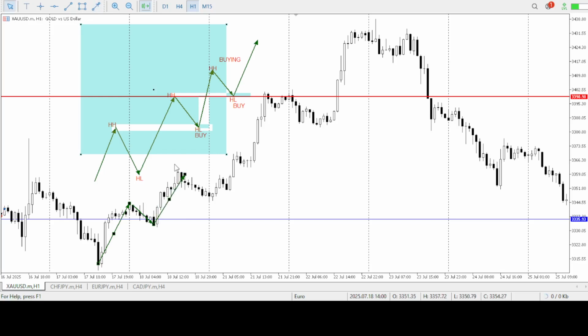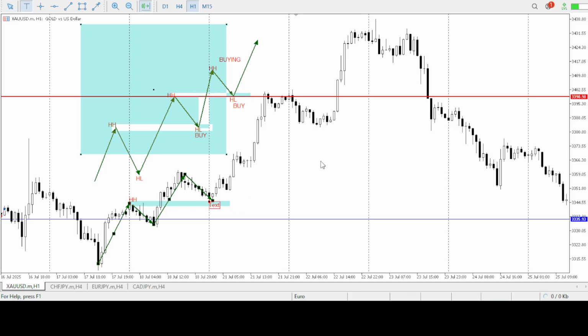After creating the high, we expect a formation of a higher low. Can you see this? After this higher low formation, the price came directly to the previous level of high. Can you see this? The previous level of high is now going to be used to create another higher low,